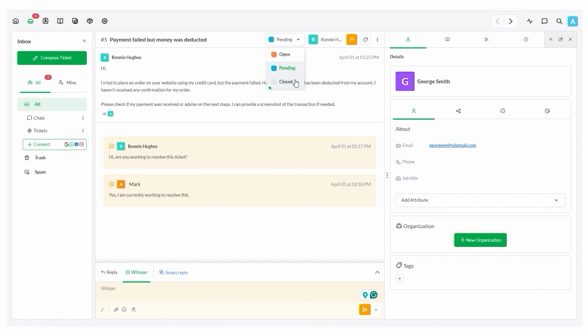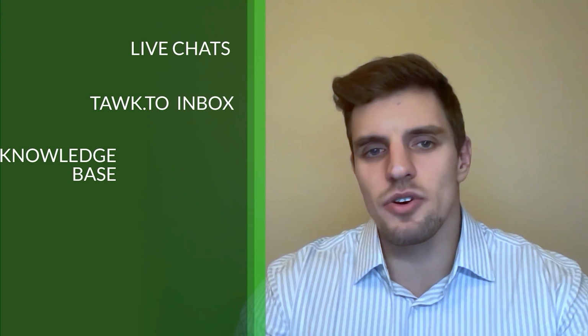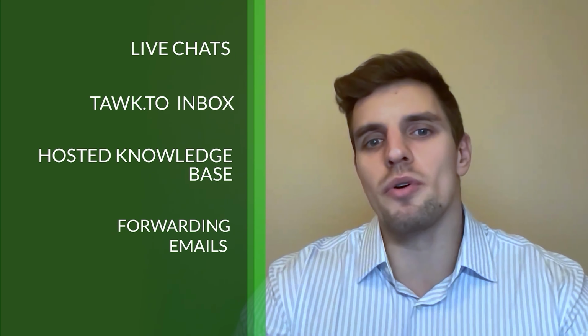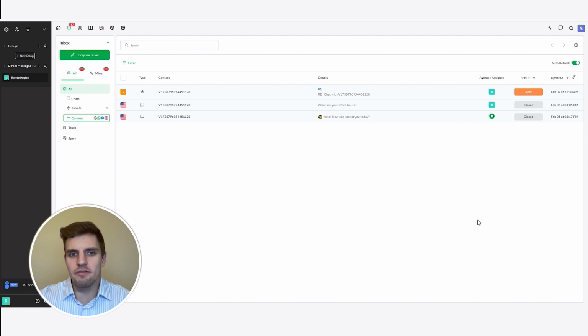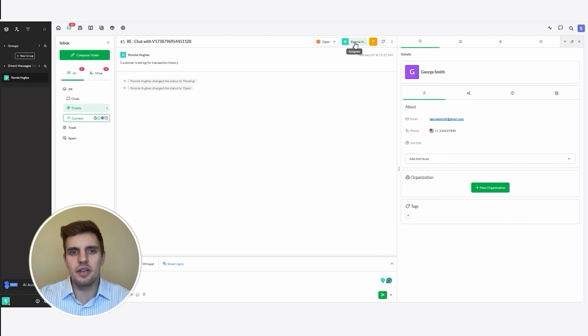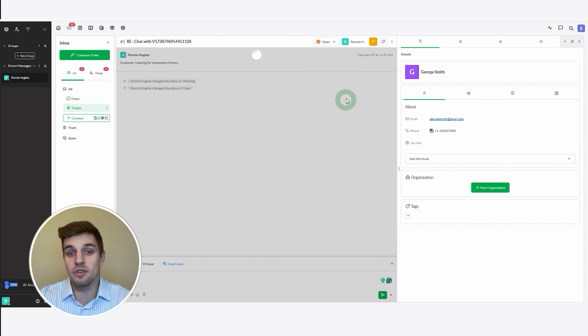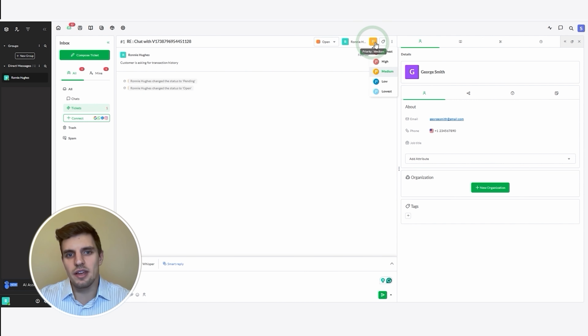Closed means that the ticket has been resolved. Tickets can be created from live chats, the Talk.to inbox, your hosted knowledge base, or by forwarding emails to the ticket forwarding email address. The benefit of forwarding emails to ticketing is that you will manage all customer inquiries through one centralized inbox where you can assign tickets to the right team member or department, set priority to ensure that